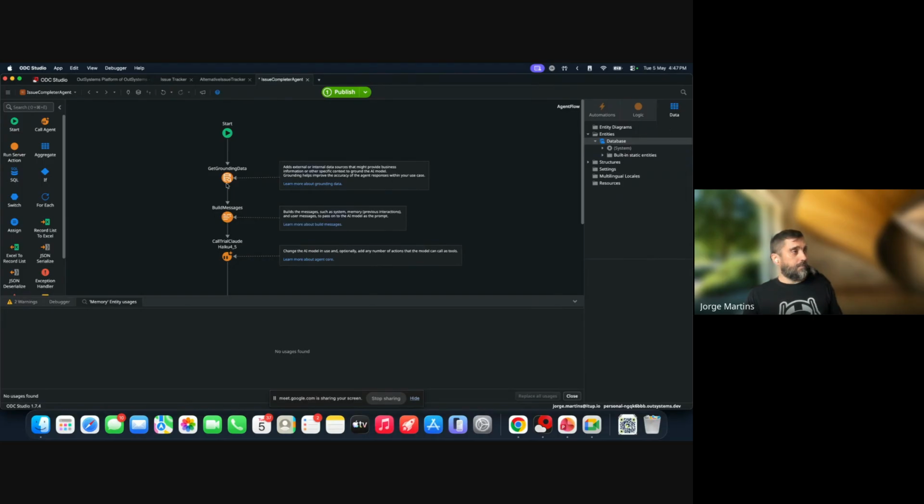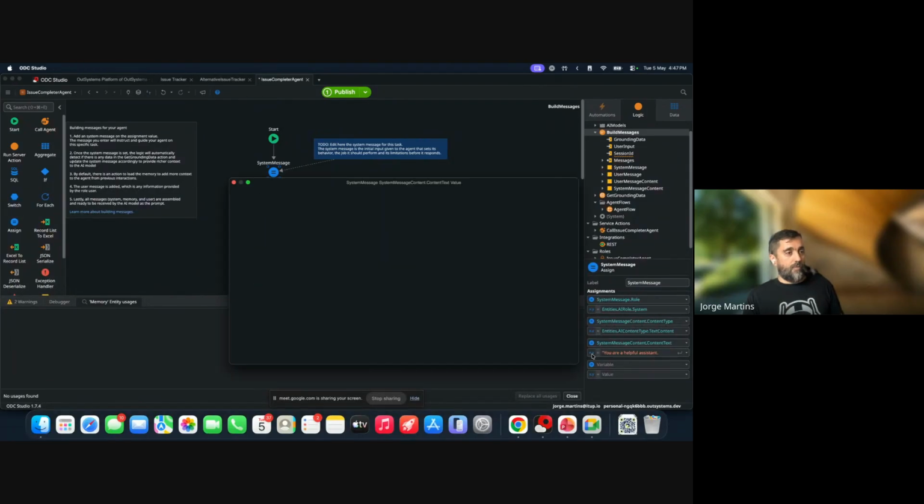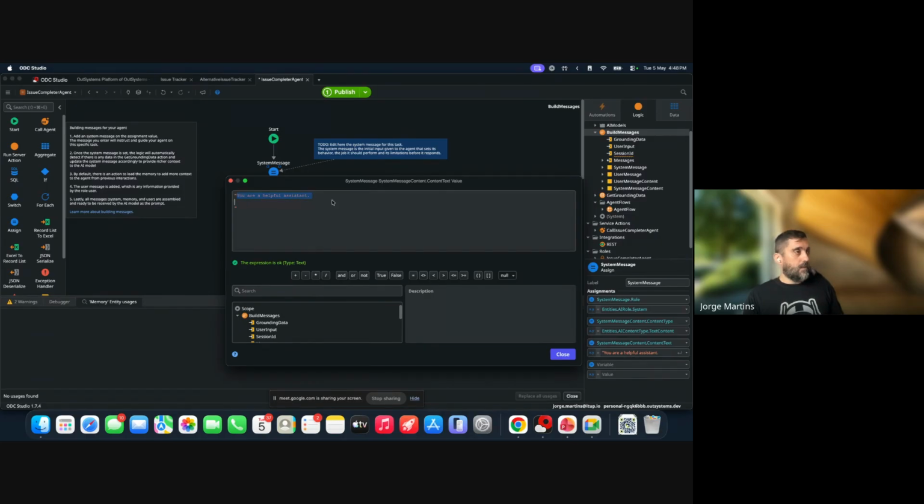Now, grounding data. Let's start with the system message. So here we have our system prompt, and the prompt here says, "You are a helpful assistant." Okay, you're not a helpful assistant. You are an issue completer agent. Your job is to fill in the missing title, category, and priority of an issue based on its description,